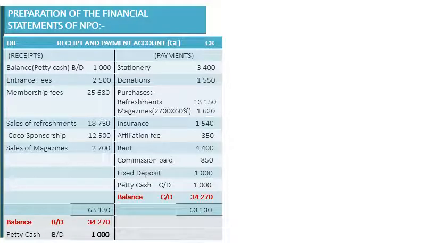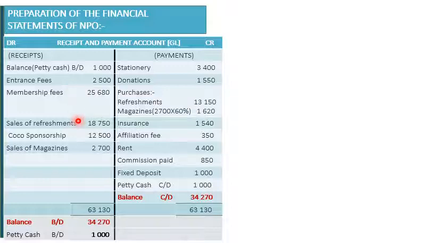Starting with the opening balances, we were not given the opening balance for the bank account but instead for petty cash. We will therefore show the opening balance for petty cash with the receipts as petty cash brought down, 1,000. The entrance fees as it was deposited, ignoring additional information, 2,500. Membership fees also as it was deposited, ignoring additional information,